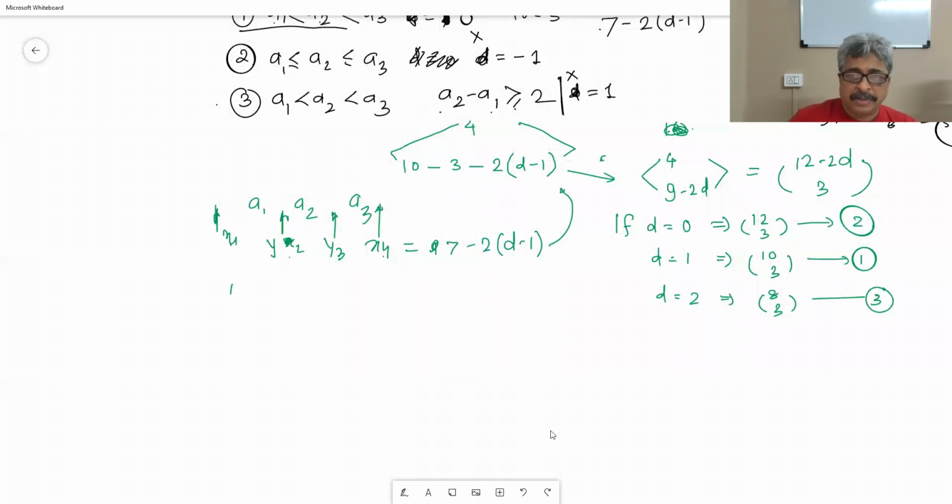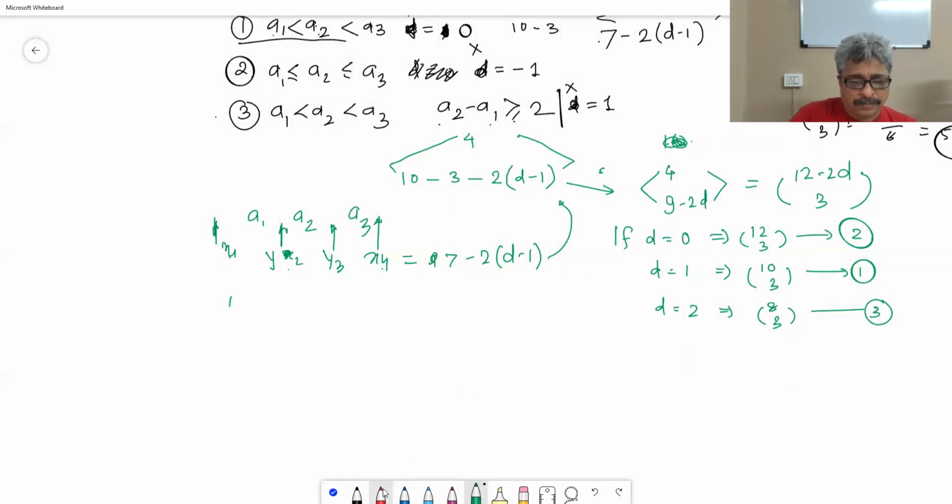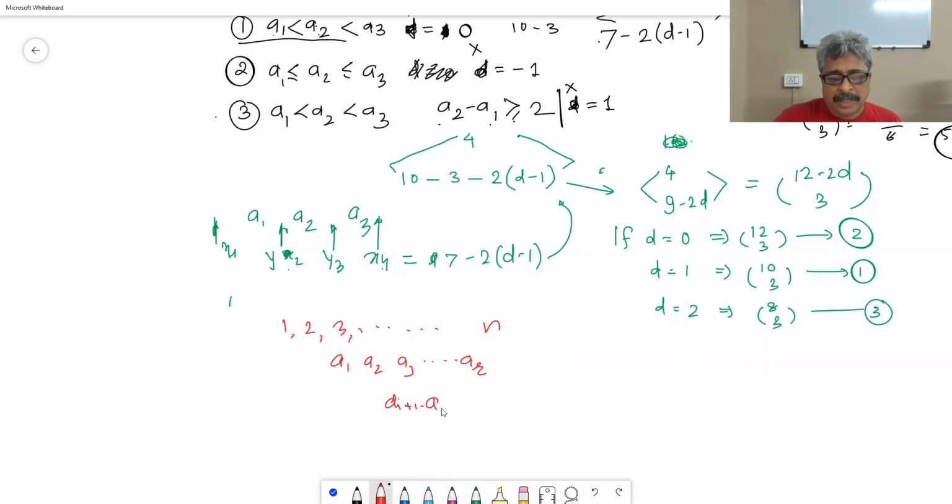I will do it. Okay, so there are n natural numbers, 1, 2, 3, 4, dot, dot, dot. There are n natural numbers, and we are supposed to pick a sequence A1, A2, A3, dot, dot, dot, AR such that A(i+1) minus A(i) is greater than or equal to D. That is the difference between the two consecutive entries that you have. The formula is going to be,